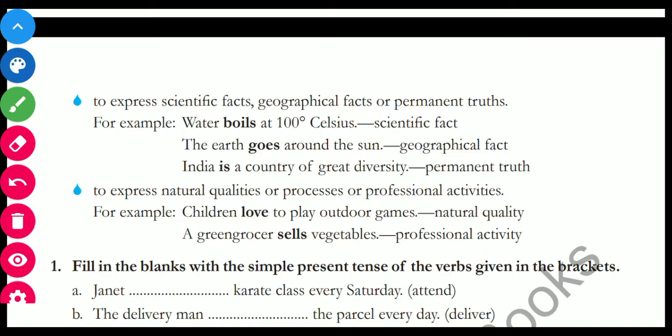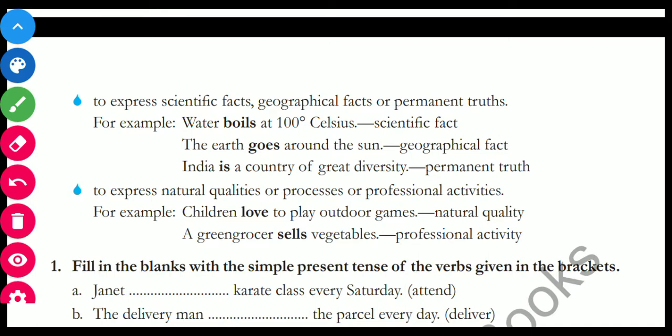सो यू डोंट वरी दैट आई विल बी सेंडिंग यू द चार्ट. ओके, आई विल बी टेकिंग द चार्ट इन द वीडियो एज वेल एंड आई विल बी सेंडिंग इट टू यू. So with the rules, with the explanation and with the rules, you'll be able to understand what is it, and you have to learn the rules for that. Otherwise you won't be able to do the exercises related in the book.